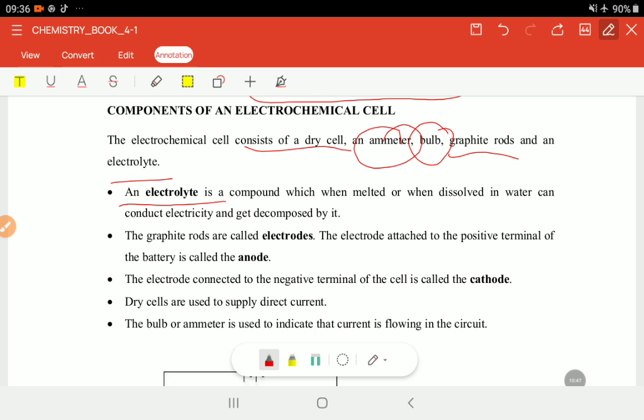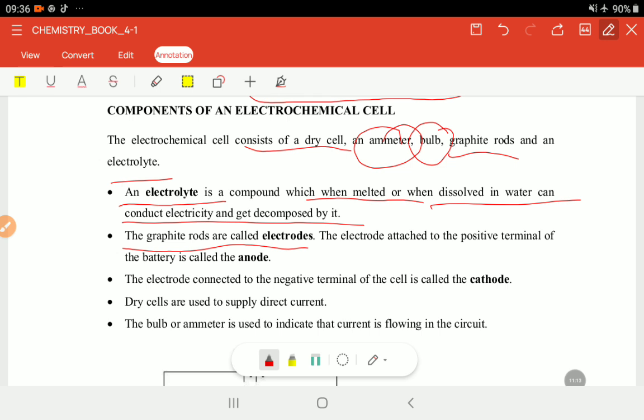Okay, so it can be that which is melted or dissolved in water, and we know it will get decomposed in the end when electricity passes through it, right? My graphite rods, when they are connected to my terminals,